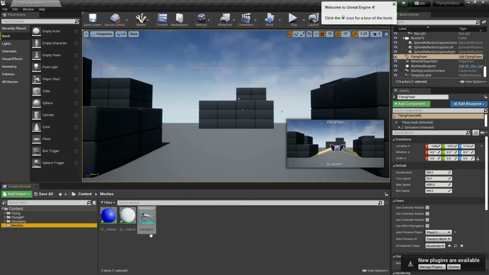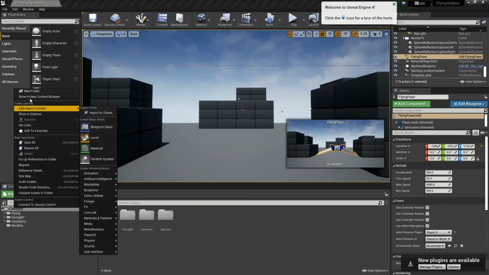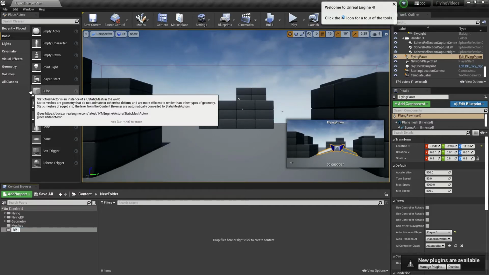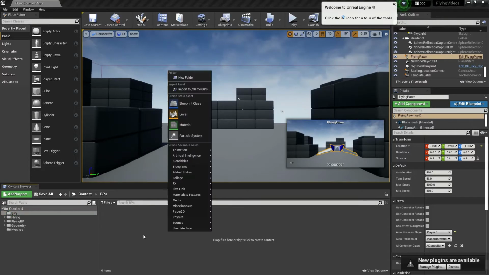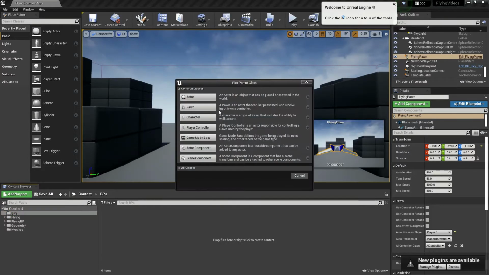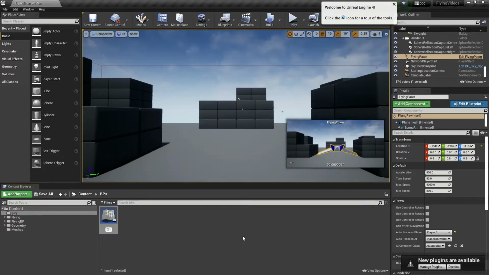So this time, let's make a collectible. I'm just going to create myself a new folder for BPs, for my blueprints, because that's what this is going to be. So I'm going to right click in some space at the bottom and create a blueprint class of type actor, which I'll call collectible